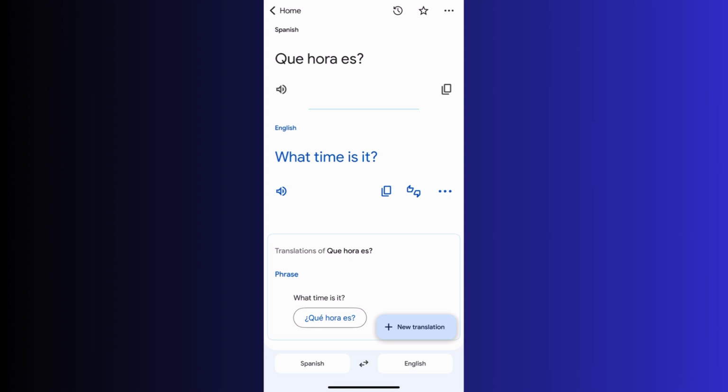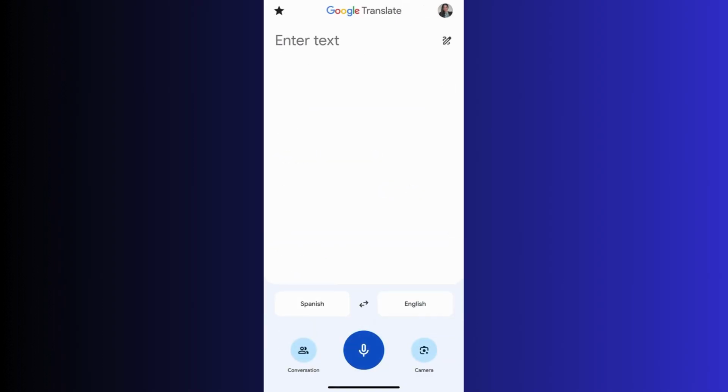All right, I'm going to show you two more neat features before I let you go, which will become handy as you continue to learn Spanish. If you look in the lower left-hand side of the screen where it says conversation, that is an awesome feature that you can use if you want to have a conversation with someone and you're each speaking in your own language. Once you hit that button, the microphone will automatically turn on and it will begin to translate what it hears. So the first step before you hit that button is to make sure you have the first language that you're going to speak in